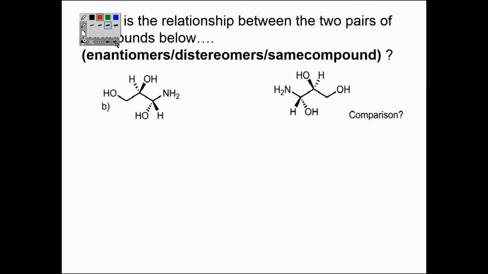Okay, so you have two chiral compounds here. You want to determine the relationship between these two molecules. So you have to determine R and S and then go from there. Alright, so for this asymmetric carbon here,